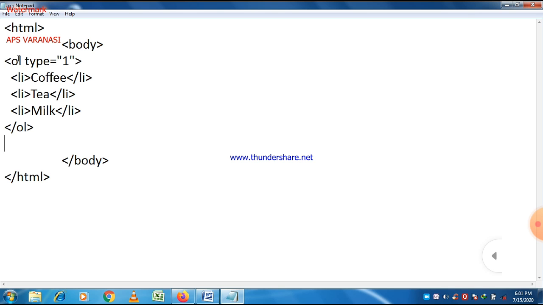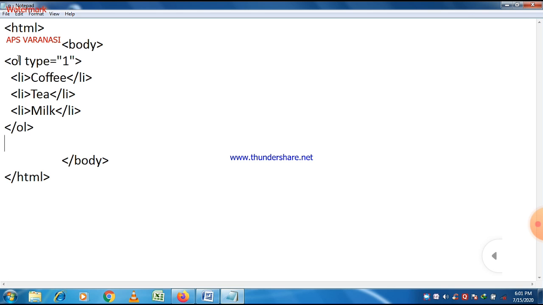Here space is used to show the nested elements or the root elements. So it is a good practice to write different tags using space, which gives us a clear cut idea about which tag is a part of which tag.